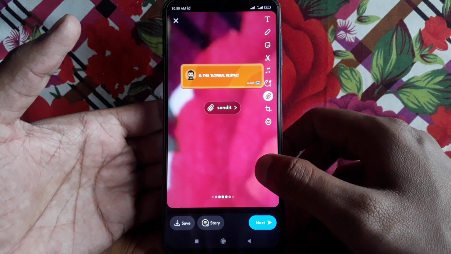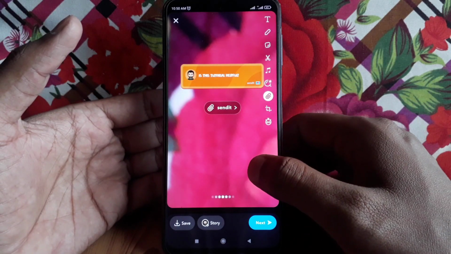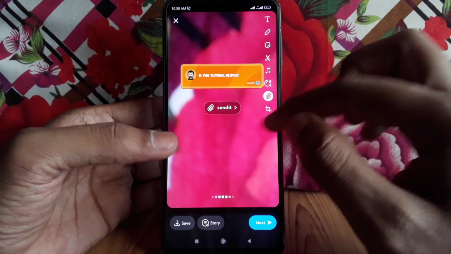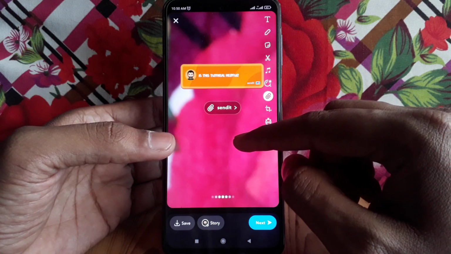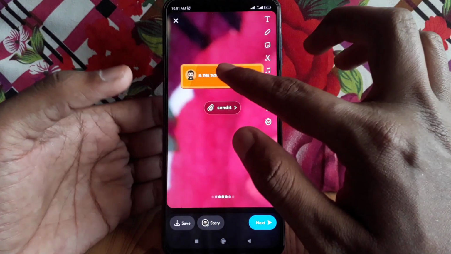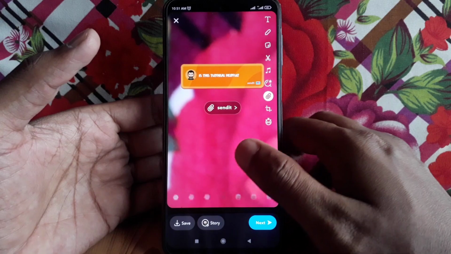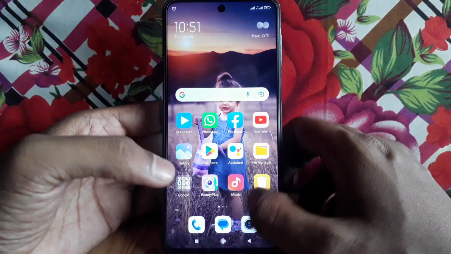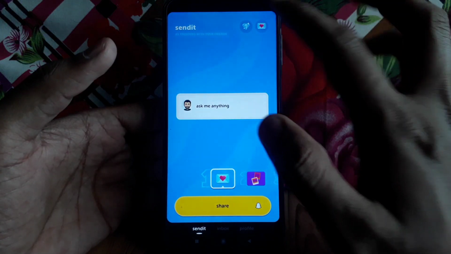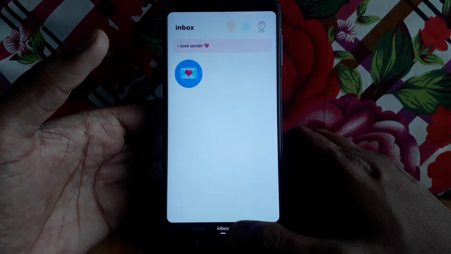And in this way you can use the Send It application, and you can simply ask any question by using that. If someone clicks on that, then you will get the answer on the Send It application here in the inbox